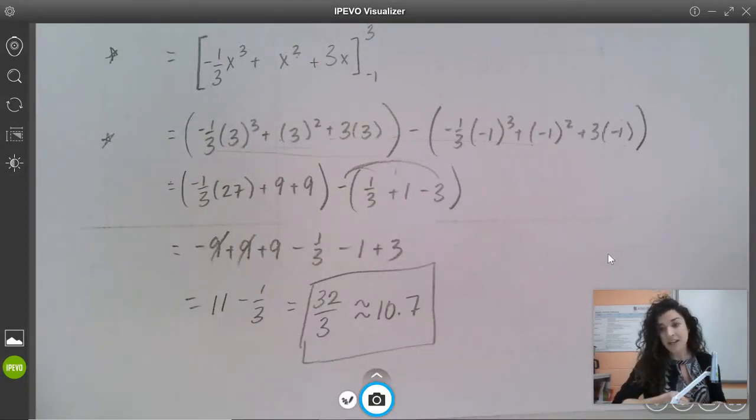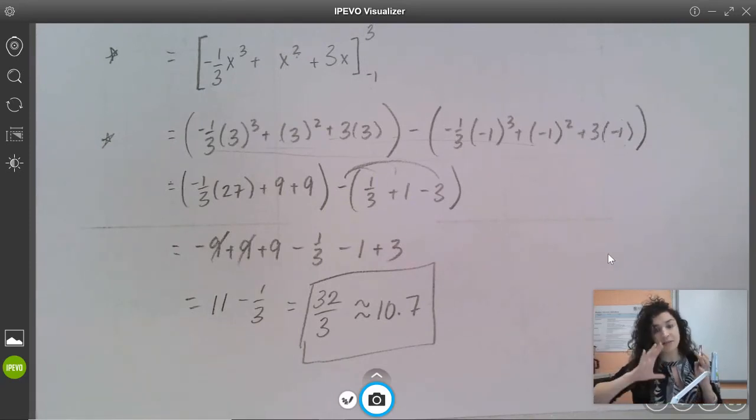All right, that's it for today. We're just focusing on this, really honing in on this idea that integrals are the area underneath the